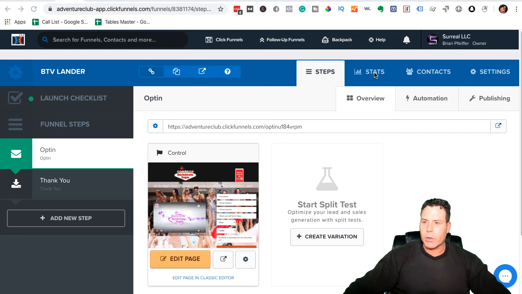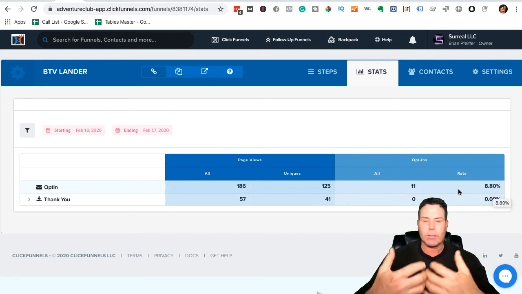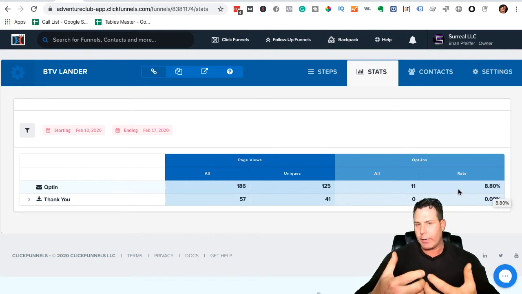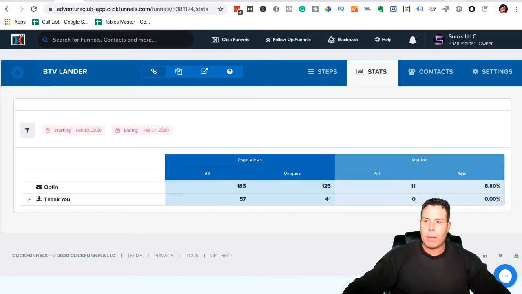Okay, so if you take a look at my stats here, let's go back for like 1 month. I'm at like an 8.8% conversion rate, which is not very good. I would think that running search ads, I would get somewhere around 20 or 30% at least on the conversion rate. Well, then I really started thinking about it, and I'm not really giving people what they want.